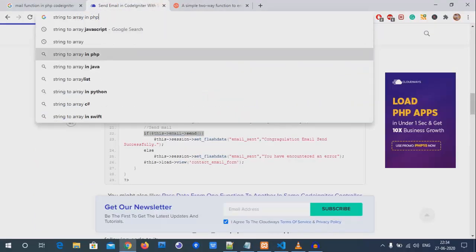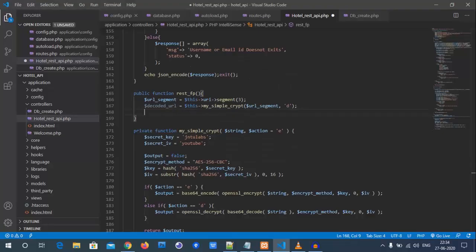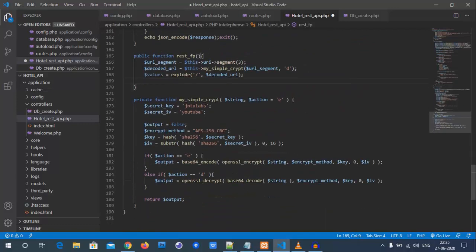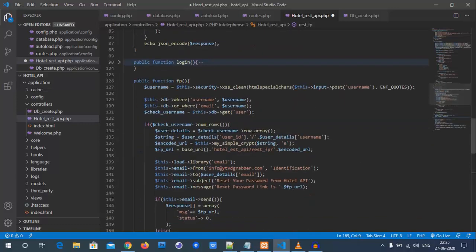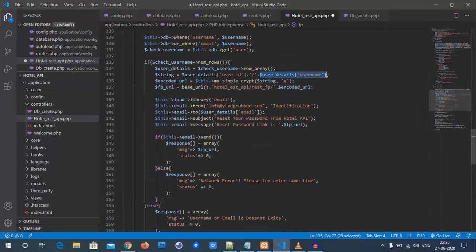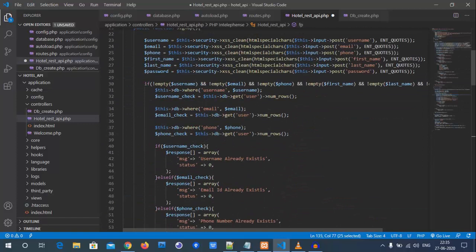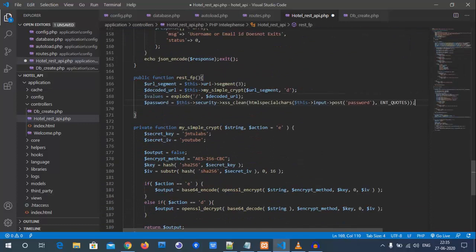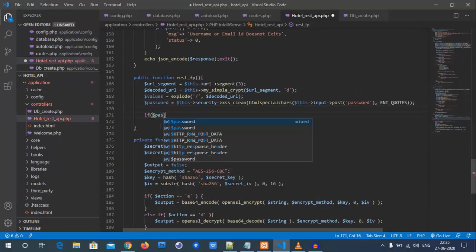Then we need to divide it into two parts, because we have here concatenated it with this. Okay, so that's the reason we need to divide it into two parts. The first one will be like user id, and the second one will be the user details, not username. So that's the reason what we will do. Here we need to divide string to an array. Basically it's nothing but string to array. So string to array is a very simple PHP function. We have like explode kind of thing. Values, we will take the values as explode. We'll have this explode function. We need to explode this from dollar decoded URL.